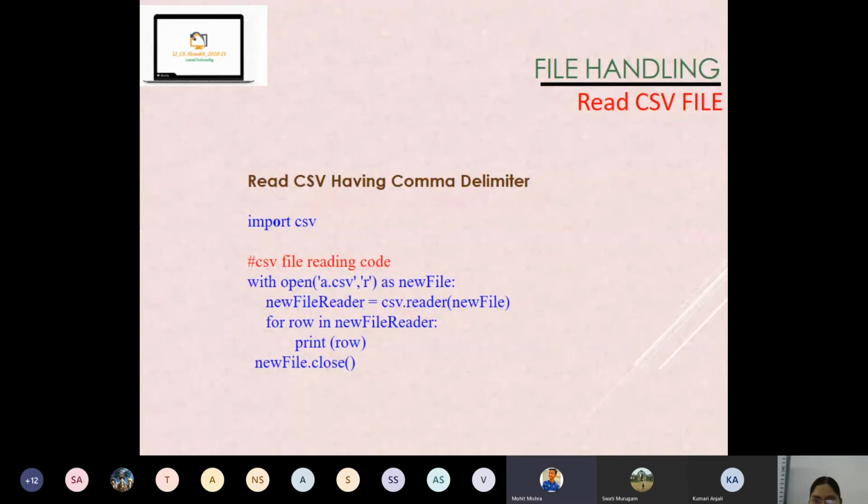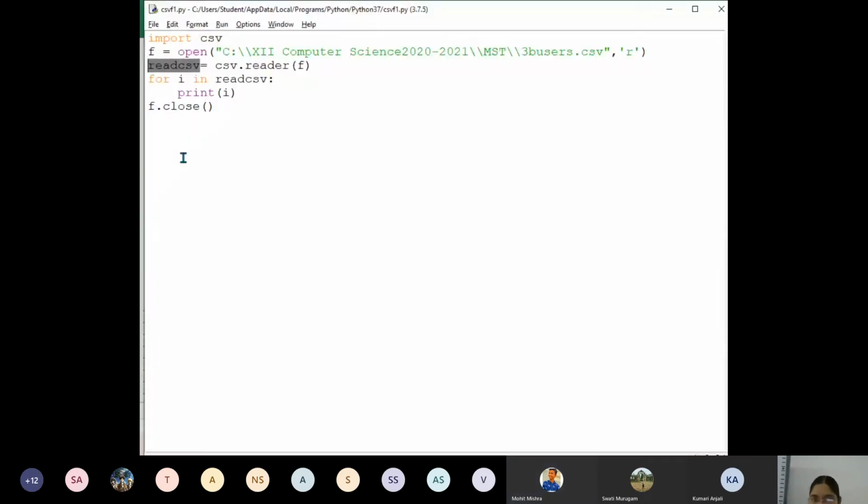Once the reader object is retrieved, this read CSV object is an iterable object. As it is an iterable object, we can use a loop and traverse through and read one record at a time, and each record is in the format of a list. So here what I can do is row wise, row 1, 2, 3, 4, right? So on to the next row. Okay, children. Now let me show you.